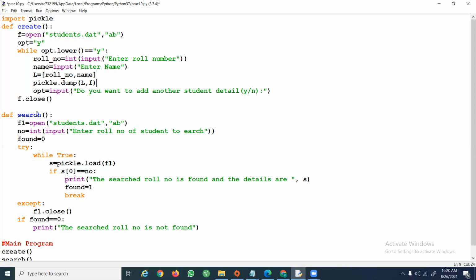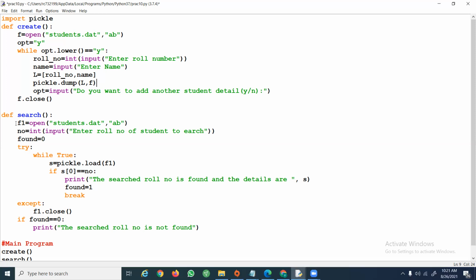What you need to know is what objects you have written into the file. When you read the binary file, you will get the object of the same type: if you have written a list, you will get a list; if you have written a dictionary, you will get a dictionary. You should also know how to access the individual elements of the list.